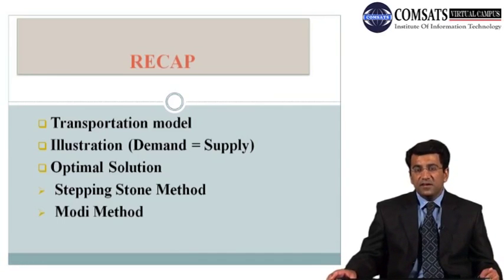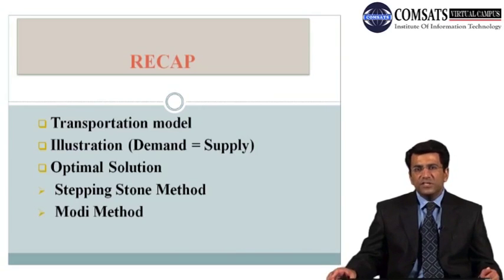If there is a single shadow cost which becomes positive, then again we'll have to repeat this whole process. And if there are more than 2 shadow costs which are positive, then we can always take into account the shadow cost with the greater positive value. And so this process will be repeated until we achieve the optimal solution.